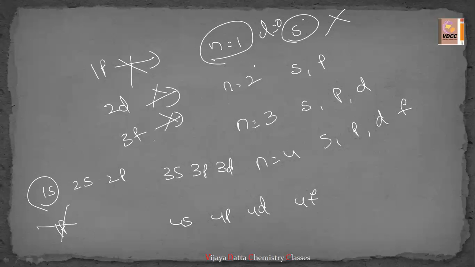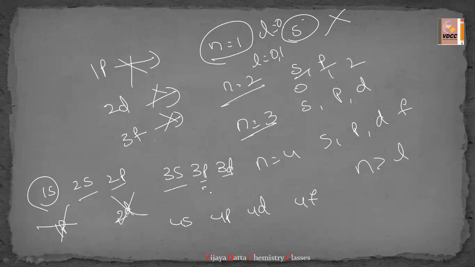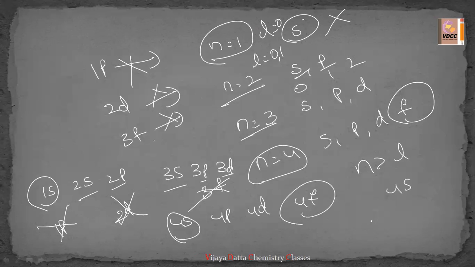Whereas for n equal to 2, the l value is 0, 1. 0, 1 is nothing but s orbital and p orbital. That's why 2d is not existing. Whereas for n equal to 3, l can have 0, 1, 2 values, because always n should be greater than l. That's why 3s, 3p, 3d are existing. There is no 3f. F is introduced when n equal to 4. That's why 4f exists. If you observe here, 4s is n equal to 4, and for the s orbital the l value is 0.